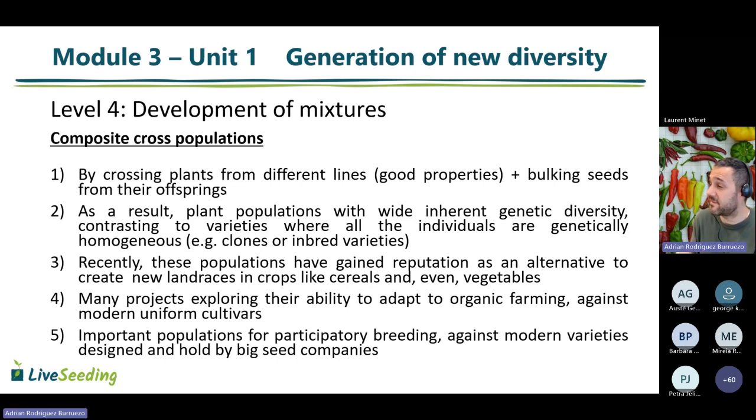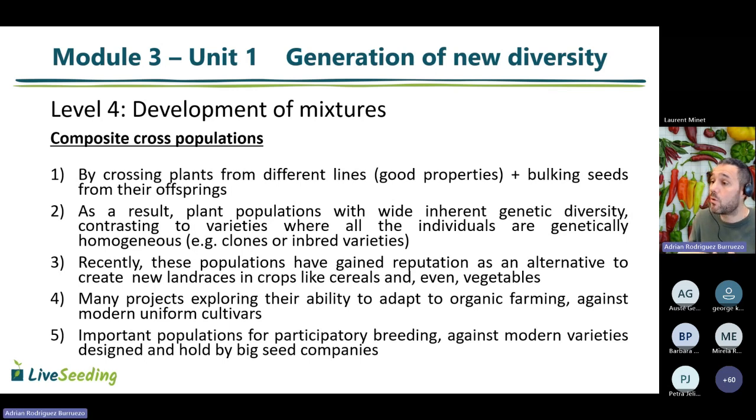These parent lines have been previously selected by their good properties. They have not been chosen by chance. They have been chosen because they show good properties: adaptation to drought, good yield, good appearance, good taste, etc. But the idea is to combine this collection of parent lines in pairs, in hybrids, as a first step,